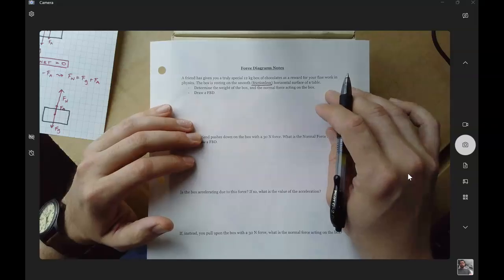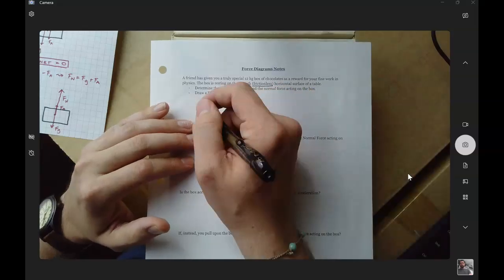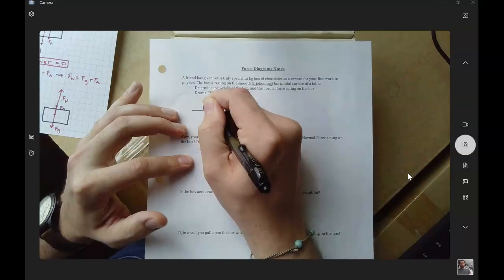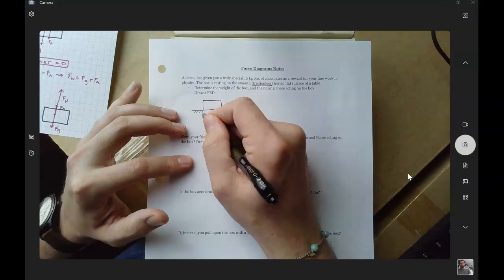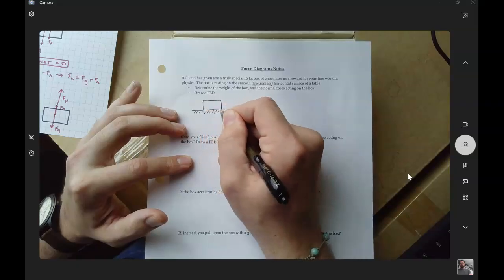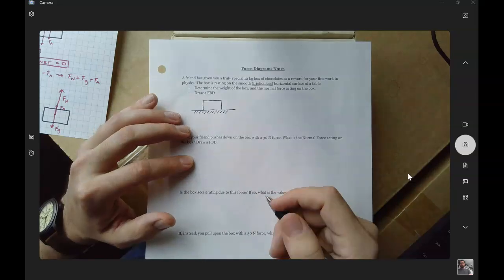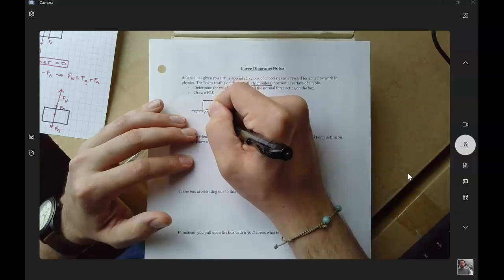Well, let's draw our free body diagram first and name all the forces that are acting on the object. So let's first draw the ground there, and then our box is resting on top of it. And it might be nice to draw some sketch lines here to show that this is the ground right there. Okay, now let's draw all of the forces. Well, there is a force acting on it downwards. That is, of course, the force of gravity,